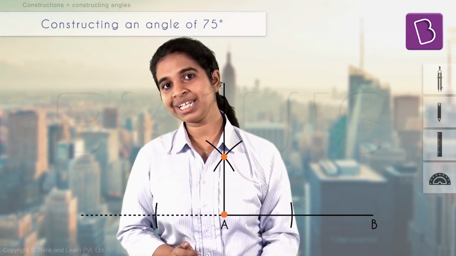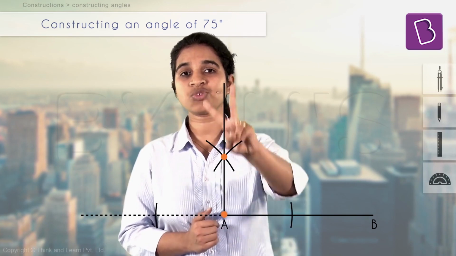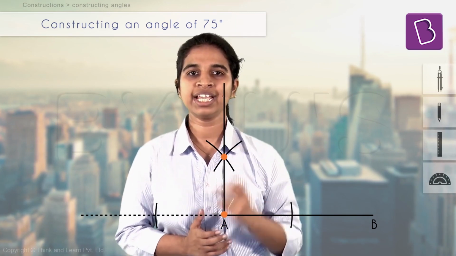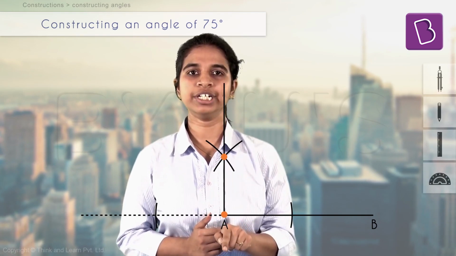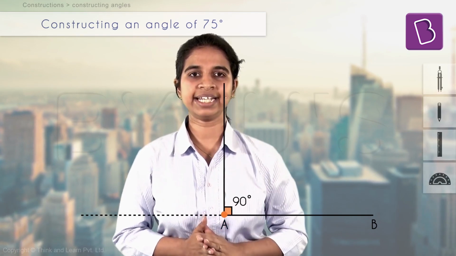We had said, why do we need the second point? We need the second point because we need 2 points to draw a line. That was our logic, right? That we need 2 points to draw a line. Now we already have the second point, point A. So this is 90 degrees.